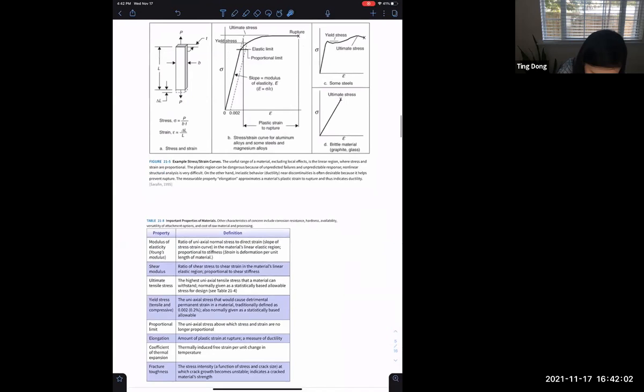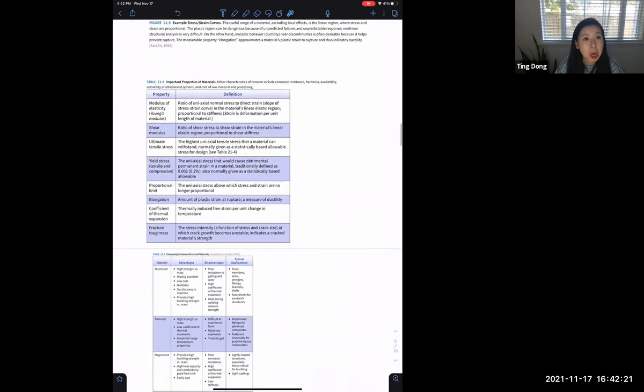And the proportional limit is when your structure is deformed into the inelastic range. And also the fracture toughness is for fatigue analysis. So it's a threshold before your fatigue crack becomes unstable. So these are the basic concepts of